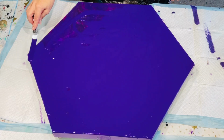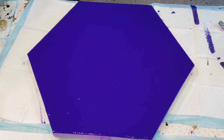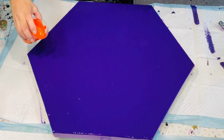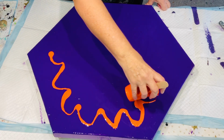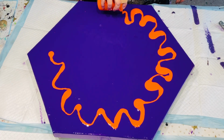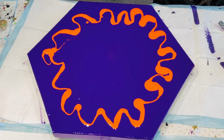I'm here in Queensland, Australia, using acrylic fluid art for this creation as usual. I really want to do things this week that are really bright and uplifting. There's so much bad news out there, so it's nice to just do something that makes you feel uplifted, I find. Anyway, so I've got this